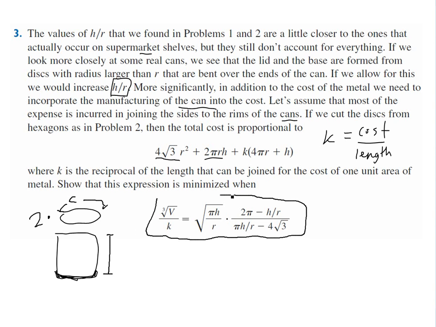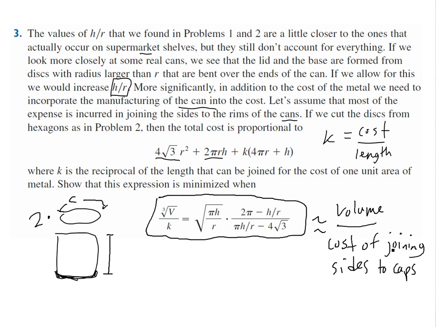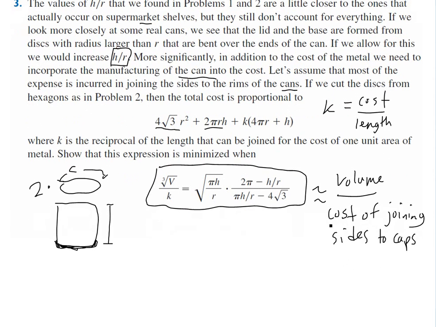when you have this expression here. It's this kind of complex expression, but they have it in square root v over k, so you get basically volume over cost of joining. So this is kind of what it's proportional to, cost of joining sides to caps here. Okay, so now we got to show that this little function here, let's call this m, is minimized whenever you have something like this. So let's just go over to this